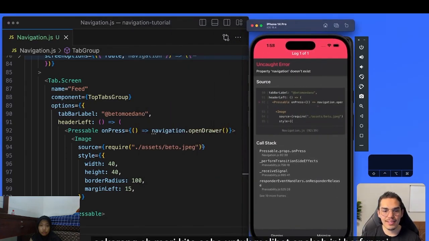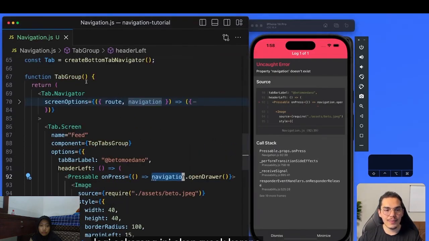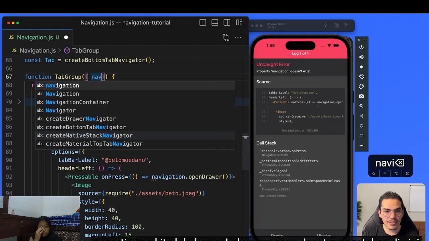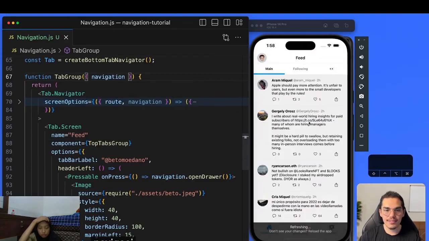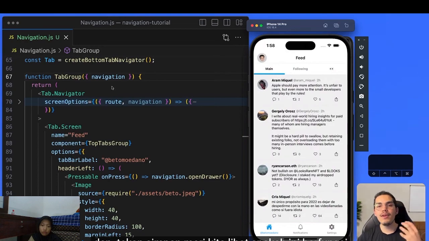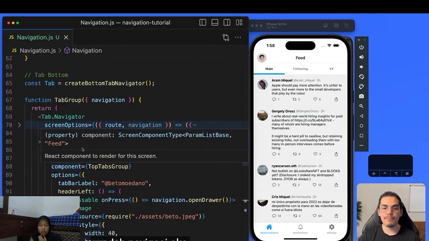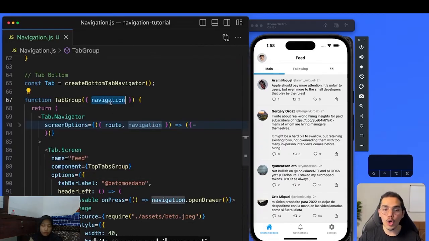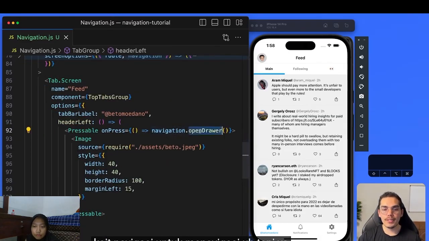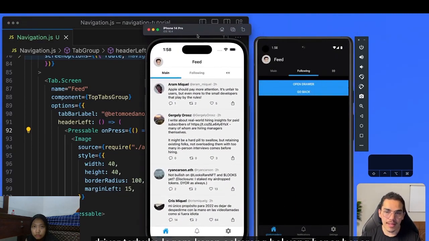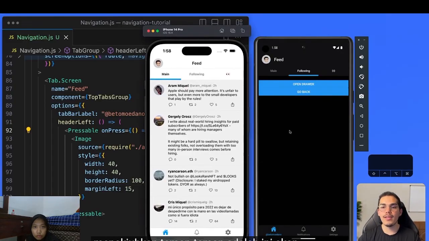Now let's try to see if this works again. Now this is going to break because navigation does not exist, and we can access navigation the same way that we did before. I can say here navigation and hit save. Let's see if this works. Yeah, we are using navigation from the container. We are grabbing the property automatically, so we don't have to use a hook. Of course, you can use the navigation hook to navigate, but yeah, we are opening the drawer here with the method open drawer. Cool. Now, the really amazing thing, guys, is that this is going to work on iOS and on Android,